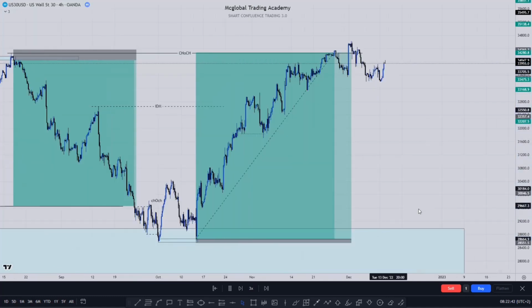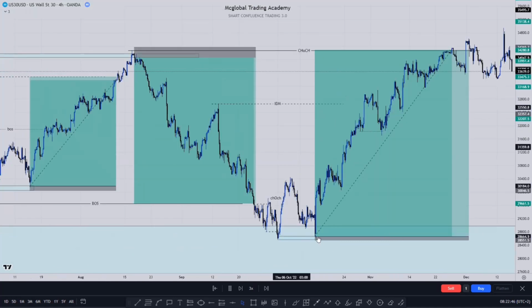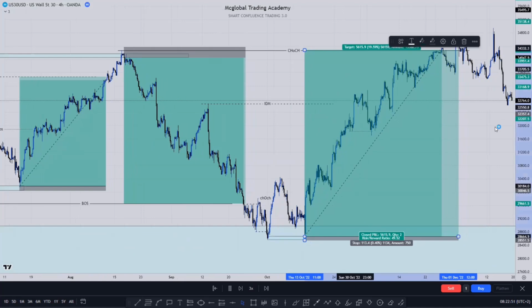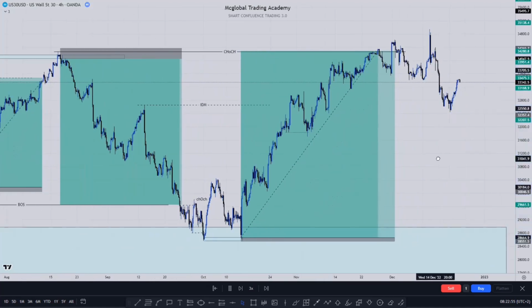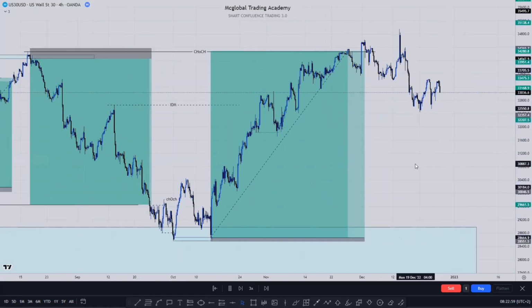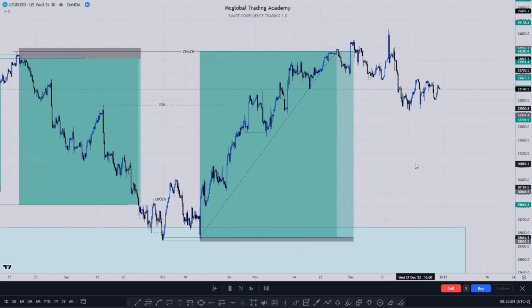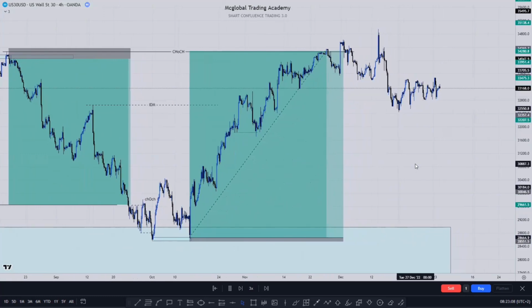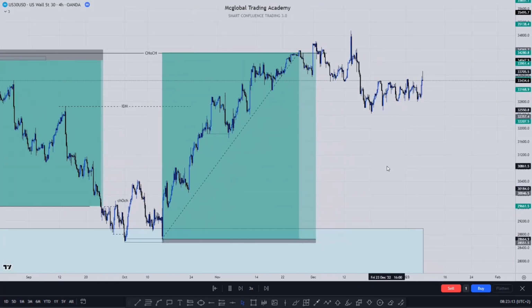Up until you realize that if you followed what I'm saying, this was actually a 1:50 risk to reward. Imagine a 1:50 risk to reward ratio. This is 1:50, which is almost 1 is to 50. If you risk $10, you're going to make times 50, which is 500. If you risk $100, you're going to make 5,000. If you risk 1,000, you're going to make 50,000. So you see,